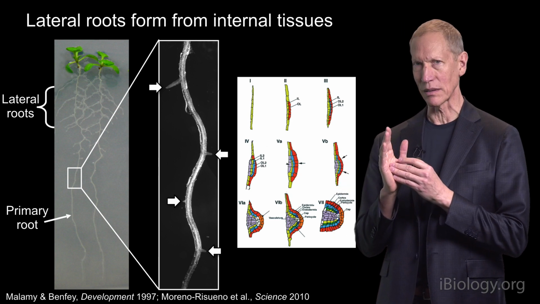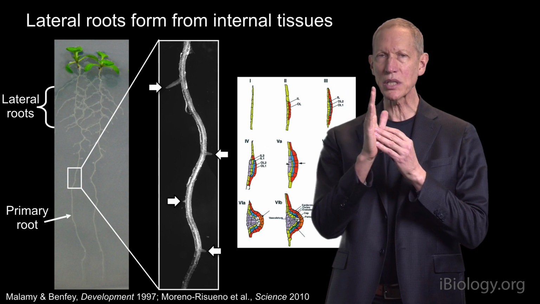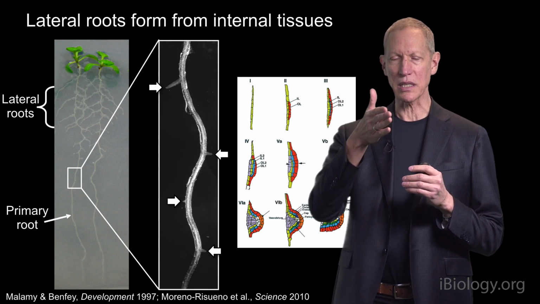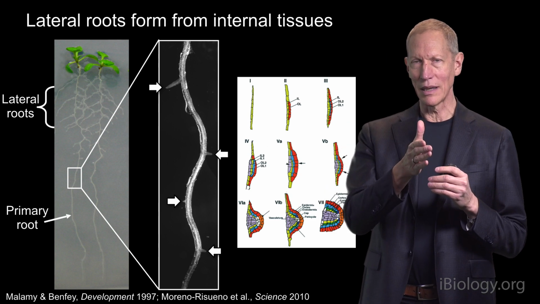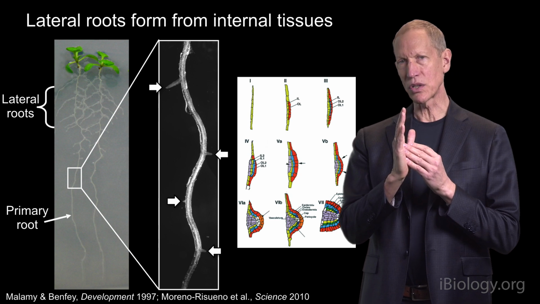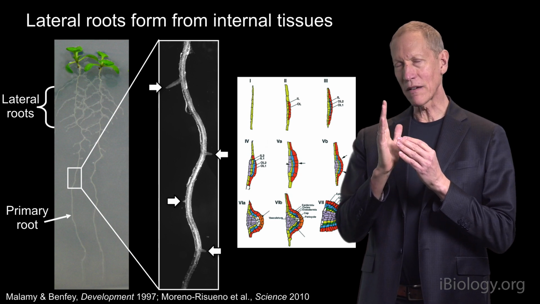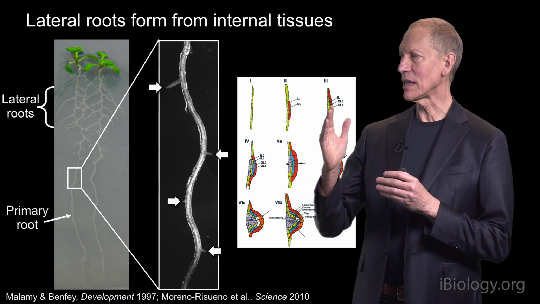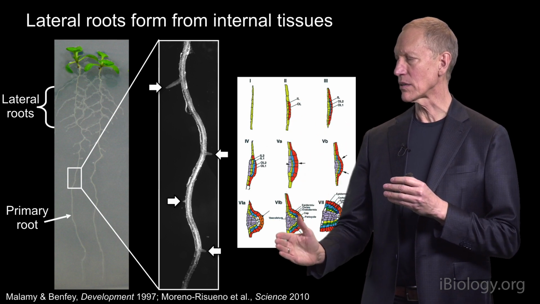It's called the pericycle. It's the layer that's just inside the endodermis. So it actually goes epidermis, cortex, endodermis, pericycle. And when the pericycle gets the right signals, it starts to divide. And it divides and forms another layer, this second layer, then that divides again to give 3 layers, etc., until